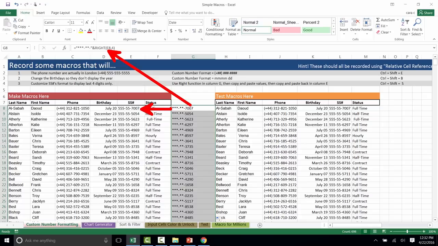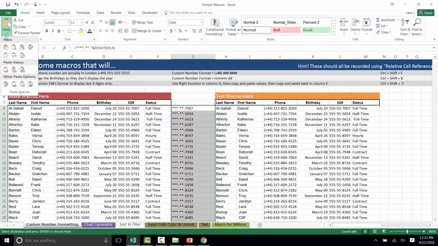The function is still looking for stuff from E8, right? So it would give me a reference warning. So what I'm going to do instead of that is copy and paste this function. I'm going to copy it, and then I'm going to just paste the values that are returned by the function. So I can use my regular Control-C to copy, but then I'm going to go over to my handy paste button and click on the triangle underneath it, and I'm going to choose paste values, one of my favorite